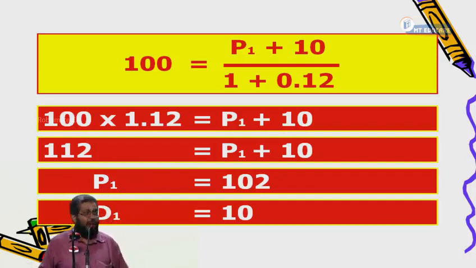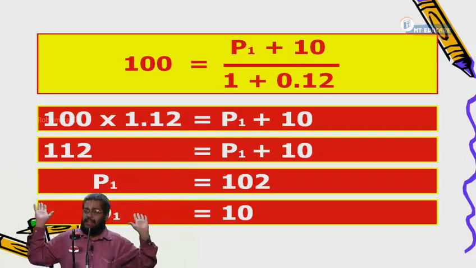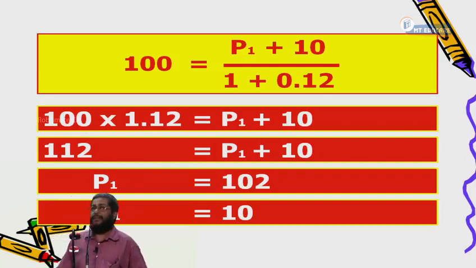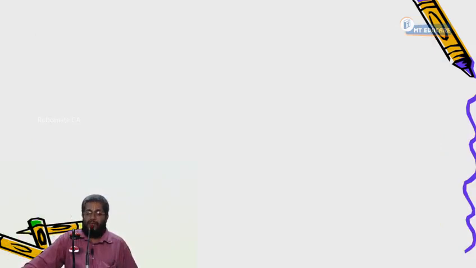Everybody, yes or no? Now, all this I will link to the first example later. Independently understand the question. This is how the MM problem has to be solved. Can I proceed further? Now, tell me, when dividend is declared, what is going to be the share price after 1 year? 102. When dividend is not declared, what will be the share price? 112. Up to this, are you following or not?